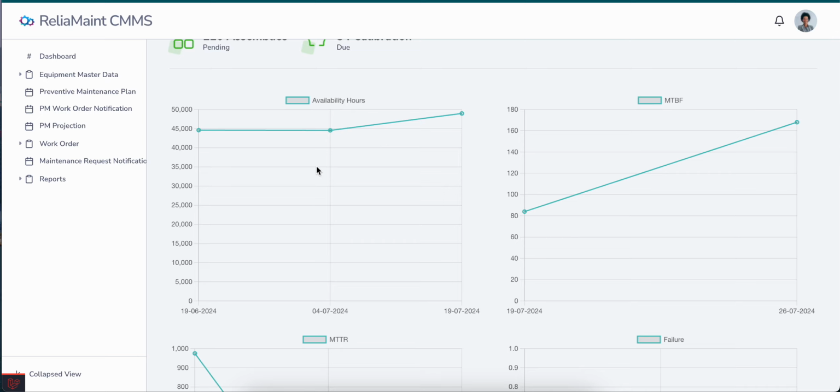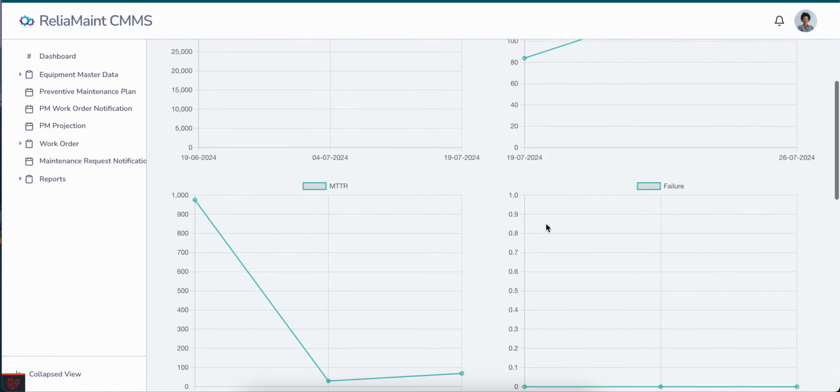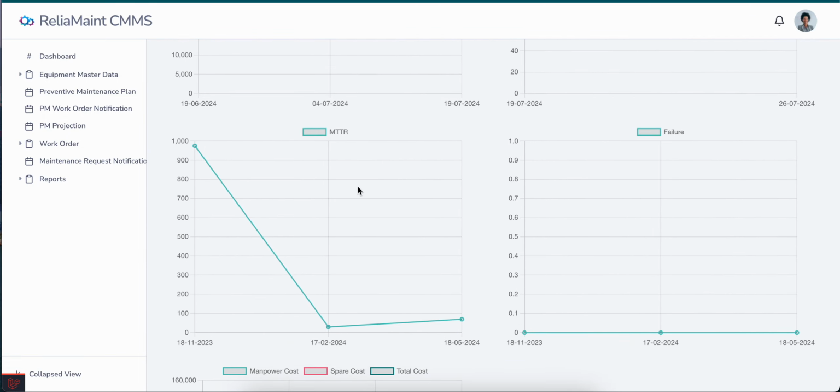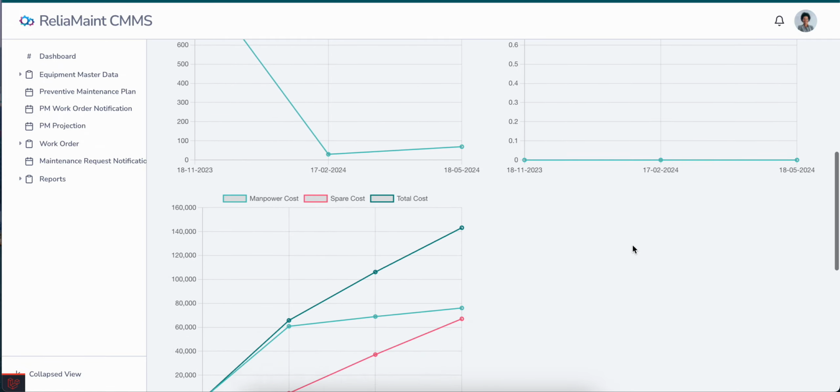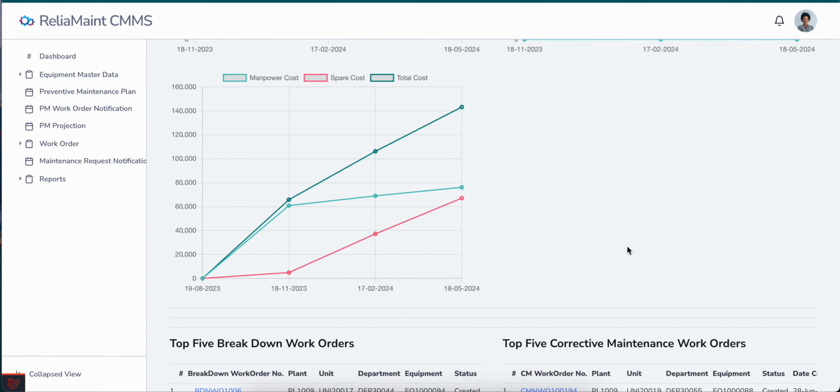Further, these graphs are showing the last 2 months availability hours that will be converted to availability percentage. It is showing the mean time between failure distribution for the last 2 months. Further, we can see MTTR distribution for the last 2 months. We also have failure rate distribution for the last 2 months.